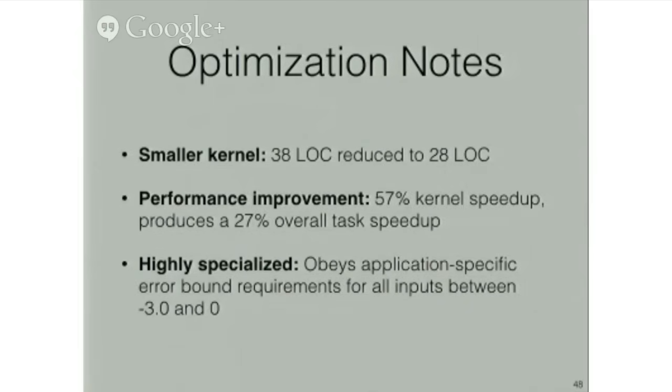And you say, okay, that's great. Sure, I can generate random code, and it would probably be faster, too. But what's really cool here is that when we took this code and we embedded it in a high-performance scientific simulation, we were able to produce a 27% overall simulation speed-up. And in spite of this strange-looking implementation, for inputs in the very small range that were exercised by that simulation, the results were correct to within a very small error bound, much smaller than the maximum acceptable error that the scientists who were running this simulation specified as the bound beyond which results can't be trusted.